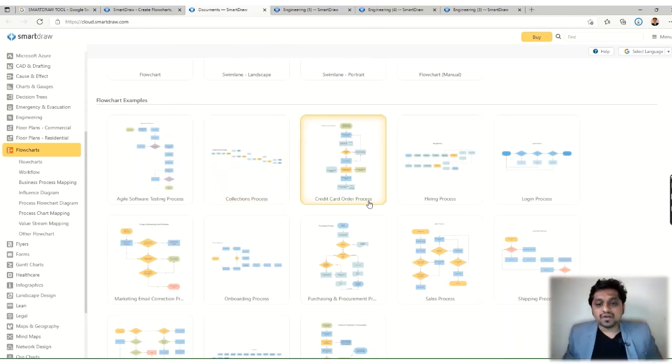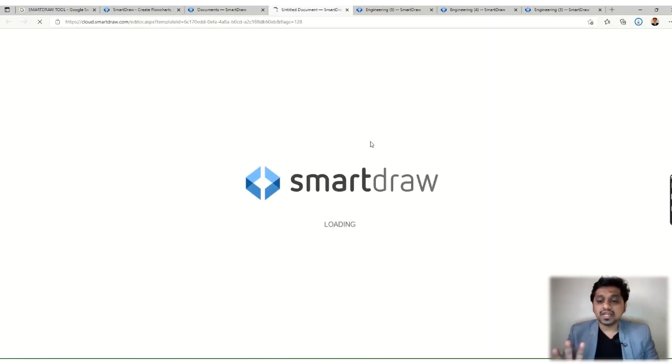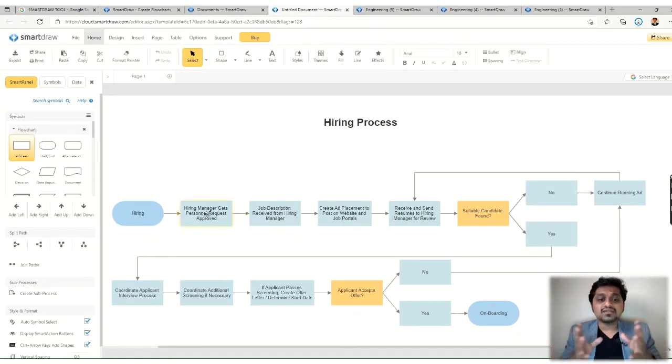Let's say if we want to prepare a flow chart for the hiring process, if I take a hiring process flow chart, it will directly show up. It's loading, and it will directly show up with all the things. I just have to modify the text, so I can finish it within half an hour or say 20 minutes. So this is it.